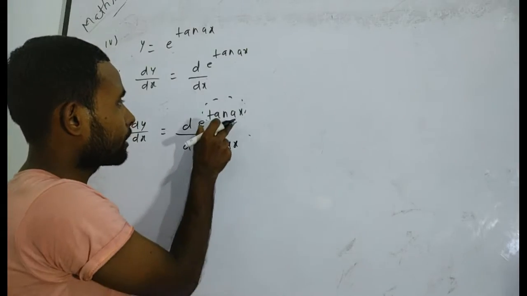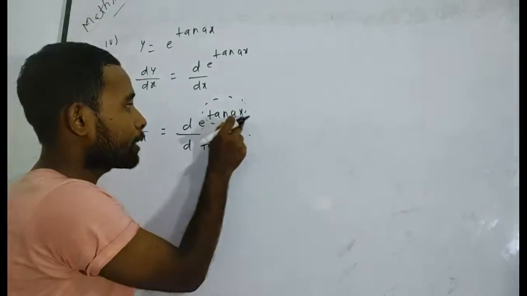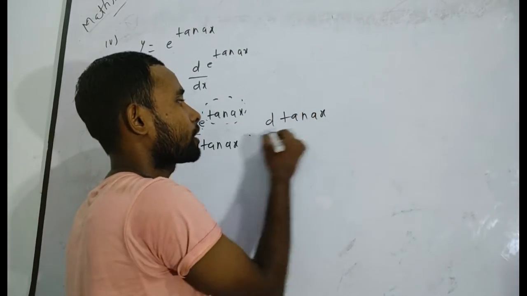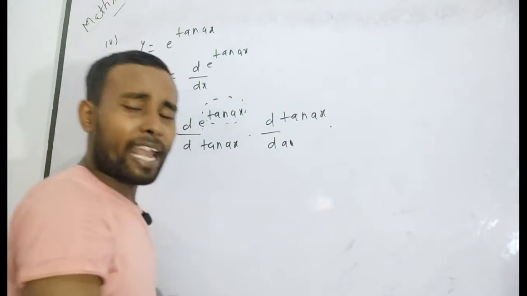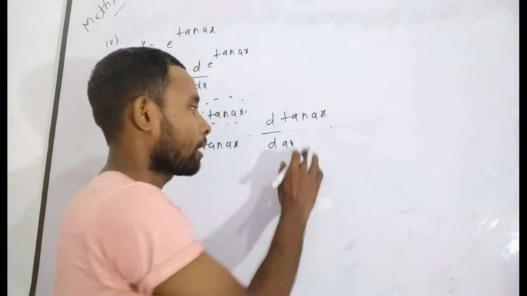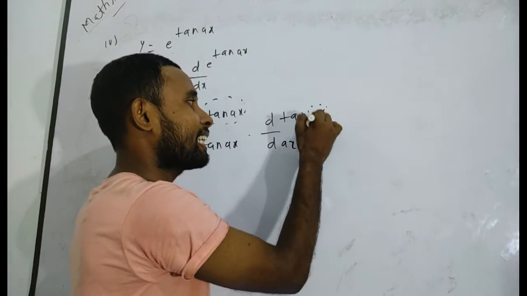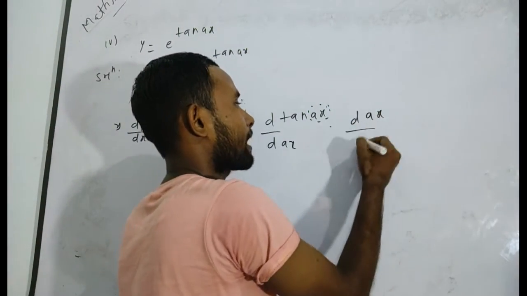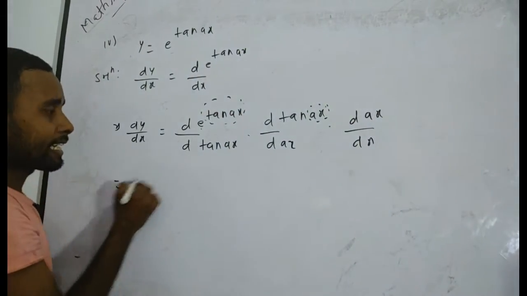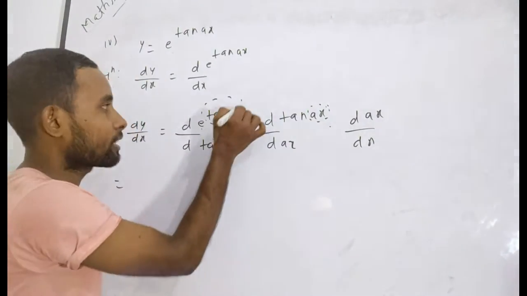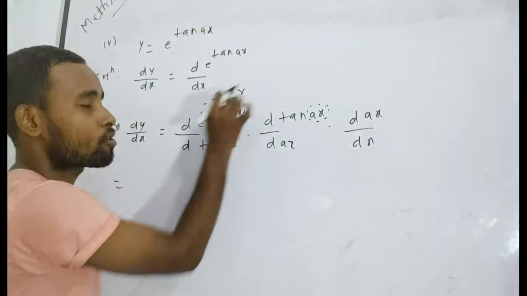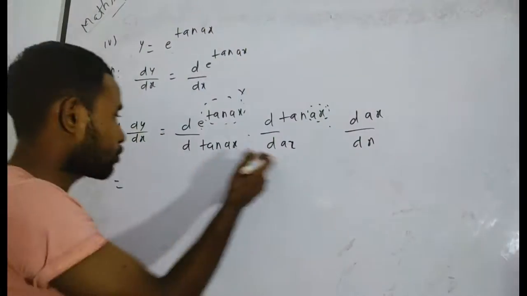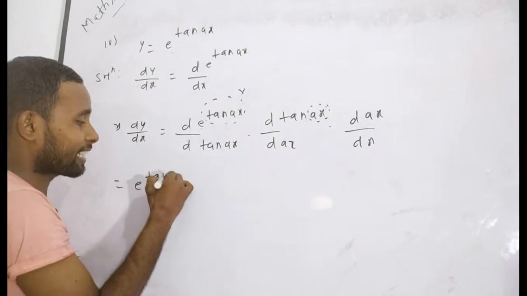Now, as you see here, the derivative of e to the power 10ax with respect to 10ax. Again, you have to differentiate 10ax with respect to ax. Why have I differentiated with respect to ax? Because I have already told you tan theta is only differentiated with respect to theta. Again, you have to differentiate ax with respect to x. Now, see here, suppose that this is capital X. In that case, it looks like e to the power capital X. And the derivative of e to the power capital X with respect to capital X will be e to the power capital X. That means e to the power 10ax.